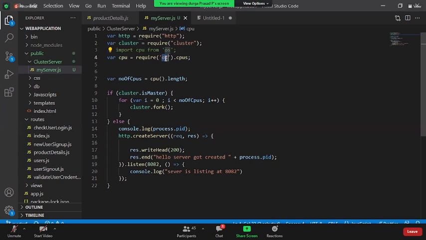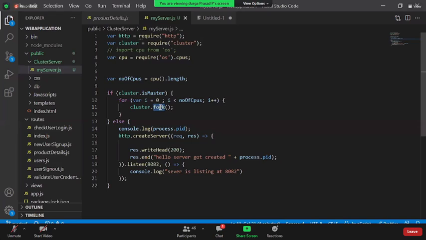Now I'm taking that and simply saying fork. Think of it practically like taking a book and making a Xerox. Dot fork is like taking a Xerox, I mean, creating a virtual copy. Xerox is a physical copy, but a virtual copy you do using the dot fork method. If that is not the case, you simply create the server. So 4 copies will be created, 4 times the server will be created. All the servers are residing at 8082, but the processes are completely different. Am I clear for you?